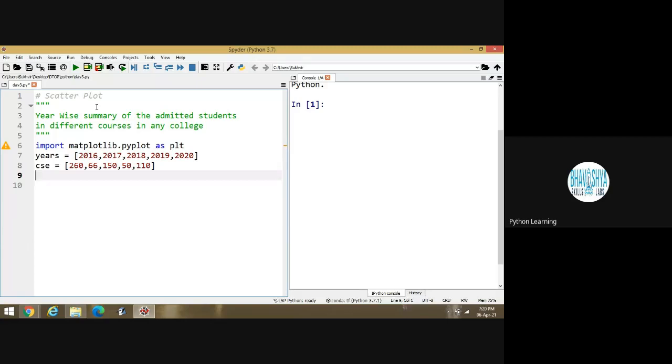And after that, suppose I am writing about ECE, where the figures are, you can change the figures according to your choice, no issues. I am just taking an example. Is it okay? Yes, sir. Then 40, then I am writing 150, then 60. Similarly, suppose any other branch is there, automation and robotics. So this one is the branch.